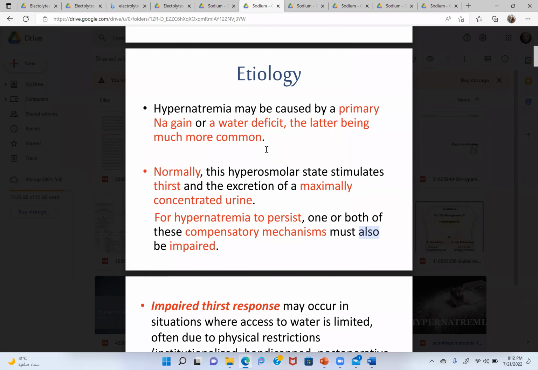Sodium gain or hypernatremia can also occur, for example, if the patient was hyponatremic and you correct it and overcorrect it, so it will lead to a hypernatremic state. If it occurs acutely, it will shrink the water from the cells, and it can cause a severe condition called myelinolysis. That is the reason hypernatremia is a very serious condition. If it is persistent, then